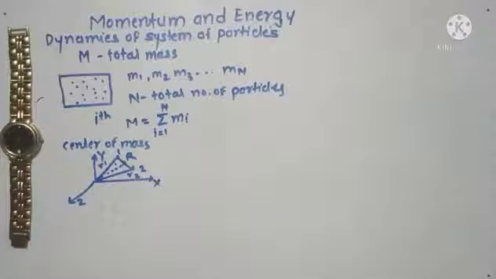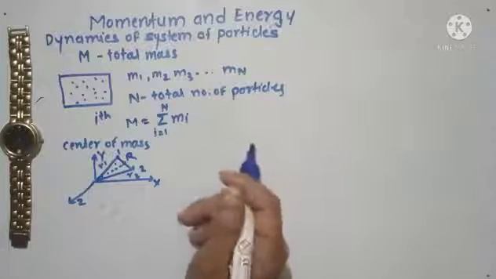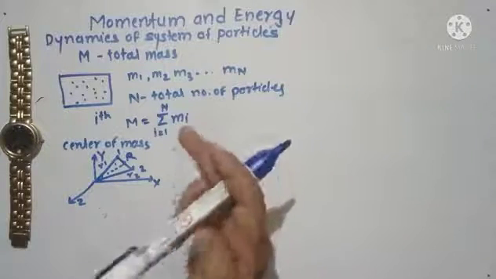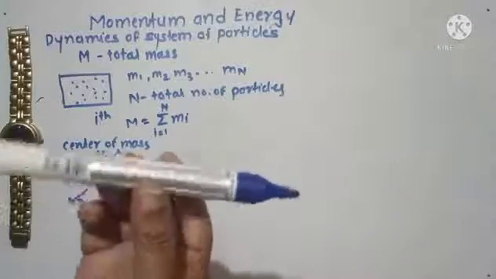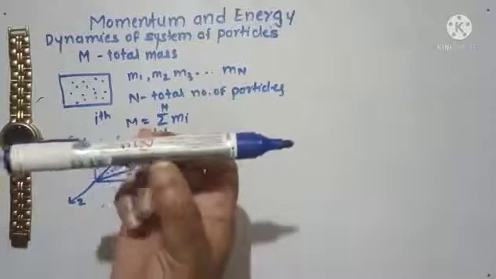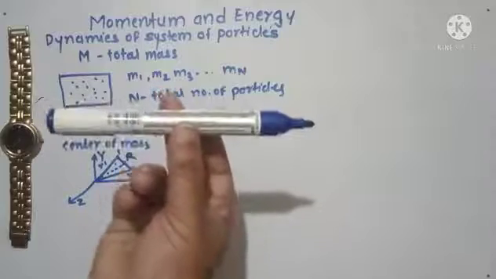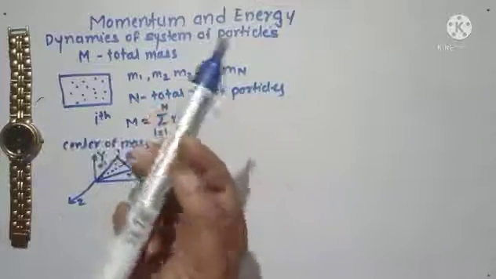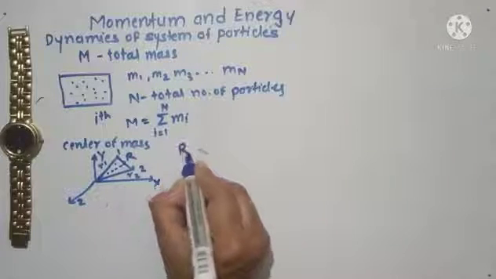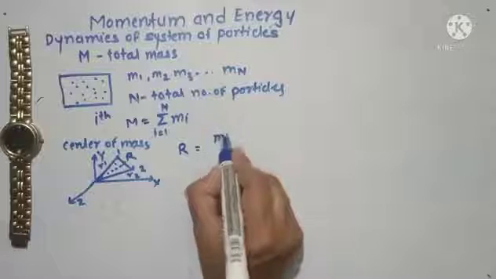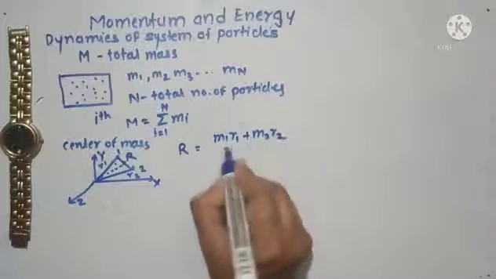The center of mass is defined as the point where the whole mass of the body is supposed to be concentrated. If you take any body, there is some point in this body on which, if I hold it, it will remain steady. That point is called the center of mass of the body, and it is defined as R equals m1 r1 plus m2 r2